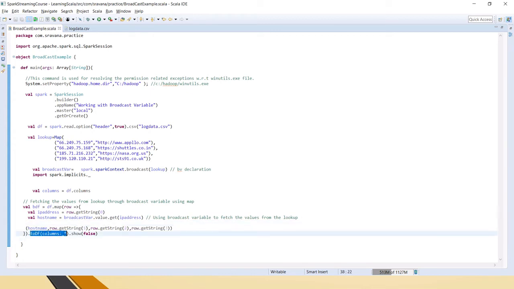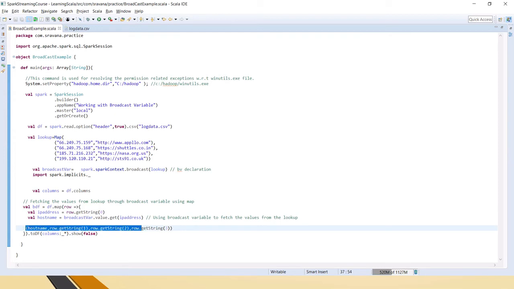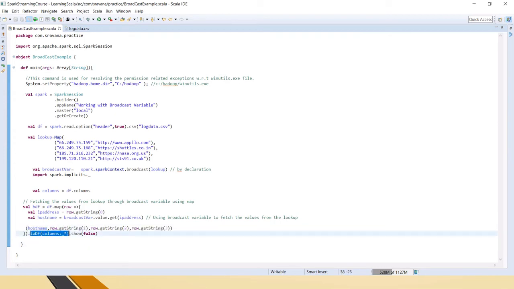And in toDF we are passing columns, which will give the header names, because here we don't have any header names, right? So it will give the column names to that header, and finally we are saying display whatever is available in this broadcast data frame.